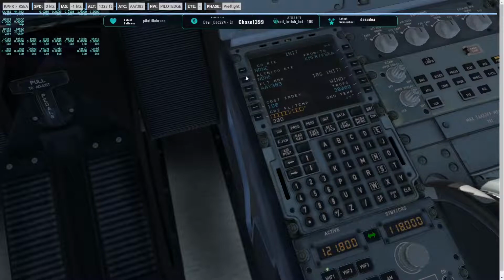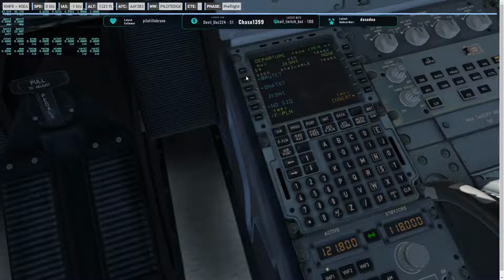300, with a cruise temperature of -45. And we're going to depart runway 14, Jackson 1, Rogue Valley, and then Arena, R-E-N. And then Hawk 7,